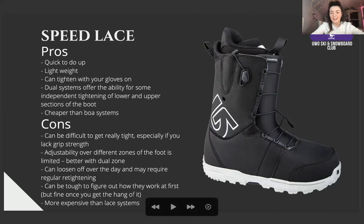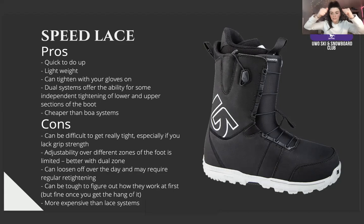You'll notice the little side thing in this, I don't know if you can see my mouse, hopefully you can, but on the Burton boot, the side thing where you tuck it in, you pull it up and then you pull it back to lock it. Since you're pulling it up in a certain way, you can't do that very easily from a position that's not when you're the one wearing it on your feet. So that makes it a little bit difficult, but